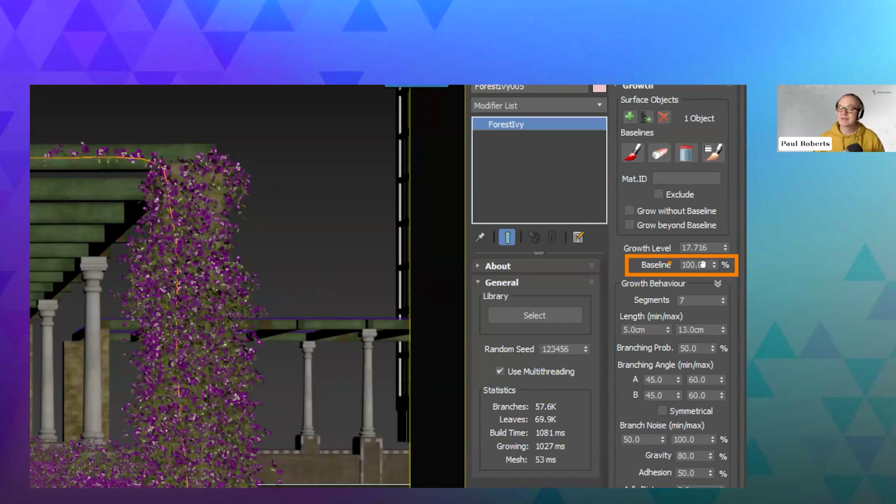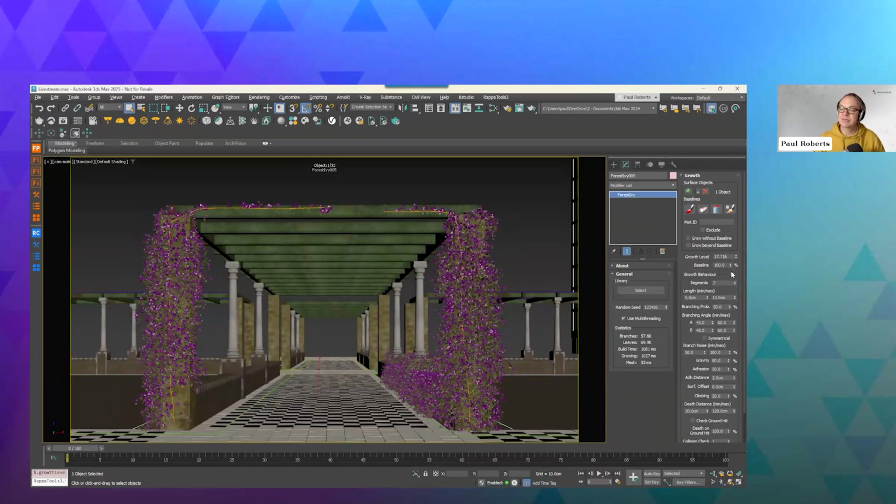So what you can do is reduce the percentage of the original baseline that's used, and it will start to shrink back along the baseline, which can be useful for animation and things like that, but we won't worry too much about that right now. So the other thing I wanted to mention, because really that's it, that's how easy ForestIvy is to use if you're using the presets,